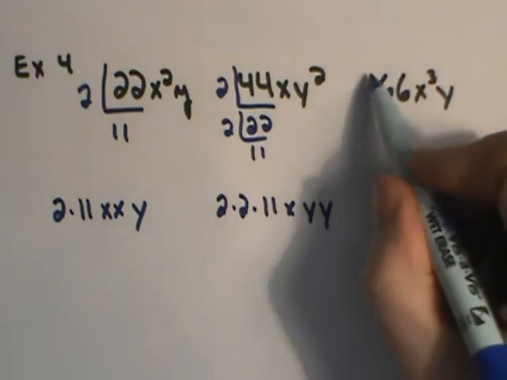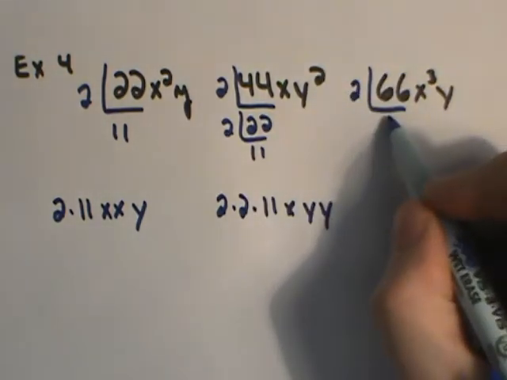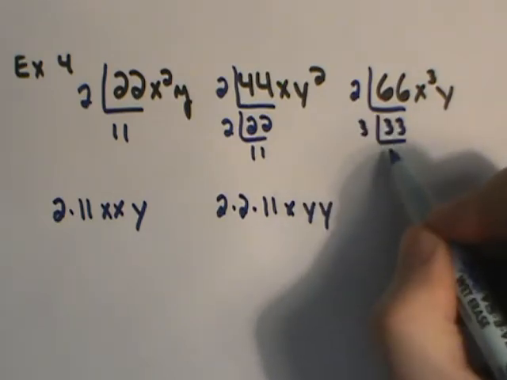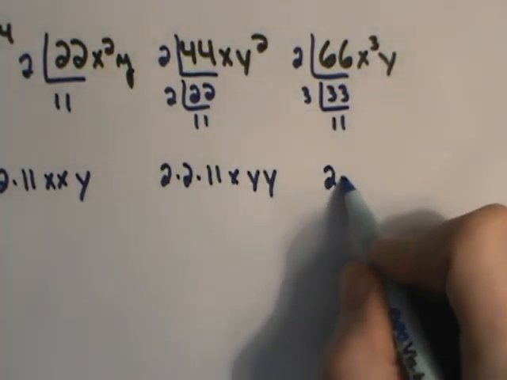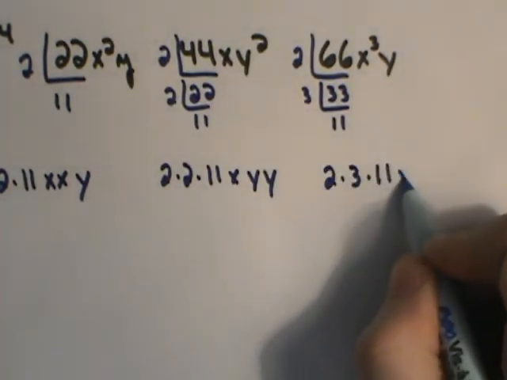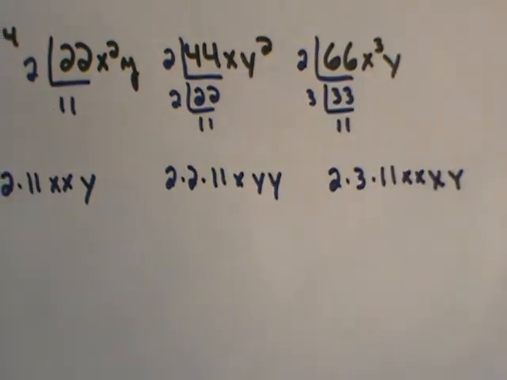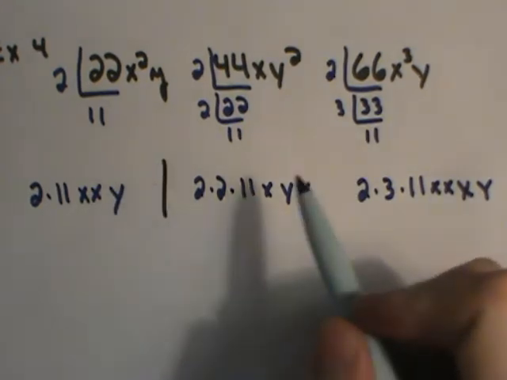And then of course we go to this third term. If I divide by 2, it takes me to 33. And then I divide by 3, takes me to 11. So I could write this as 2 times 3 times 11, x, x, x, y. And then as I look at these 3 prime factorizations, I want to see what all 3 of them